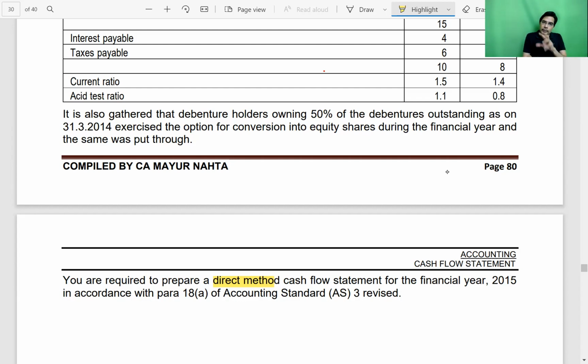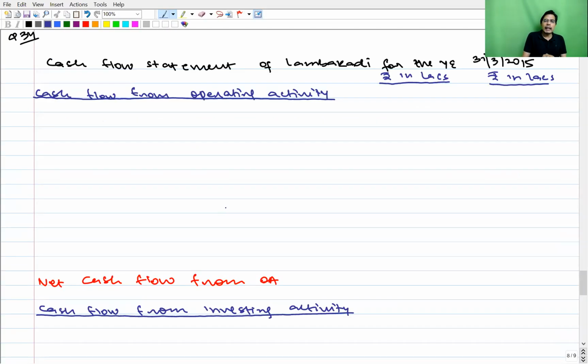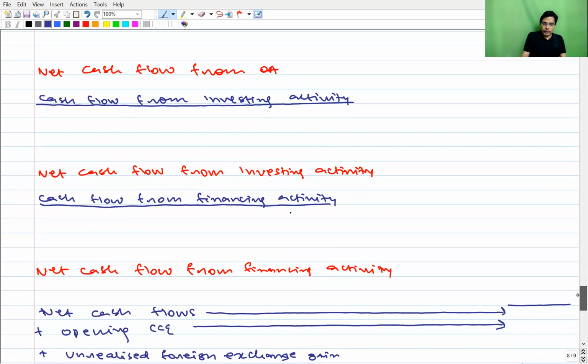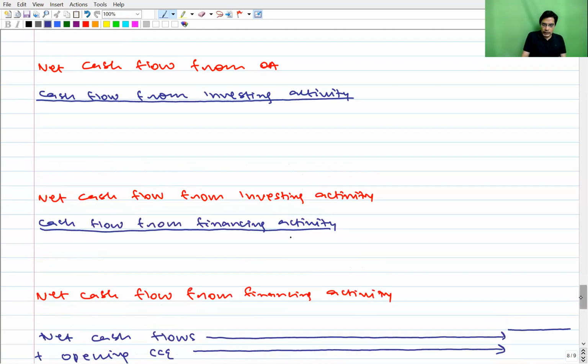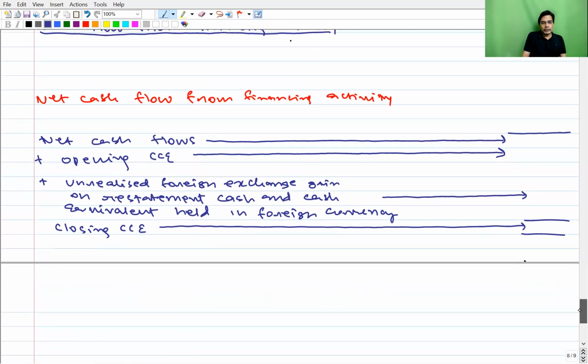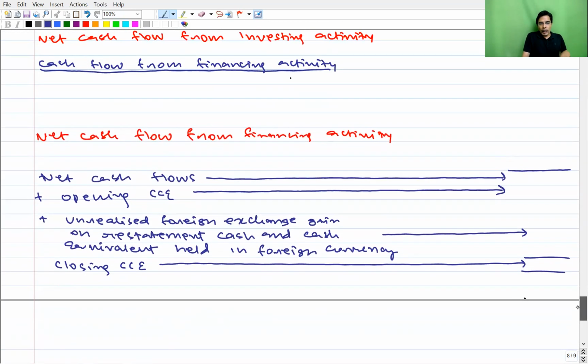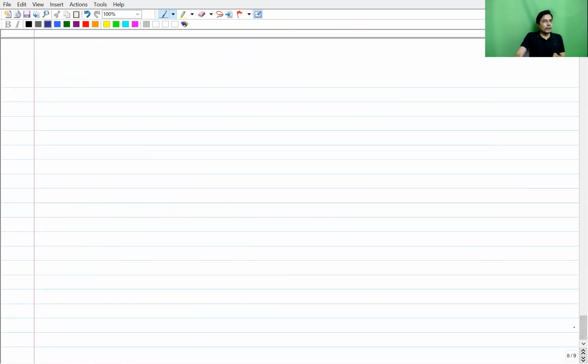All these information will be determined using the ratios, current ratio, acid test ratio, working capital, which they have given us in the question. Now, whenever this kind of question comes in exam, our solution technique will be same as what we have done in the prior questions. First, you set up the entire format. Leave some space for operating activity, leave some space for investing activity, leave some space for financing activity, then establish cash and cash equivalents. Then we'll get to know the closing cash and cash equivalents. So after setting up the format, then we'll do the working notes. First, working note number 1.